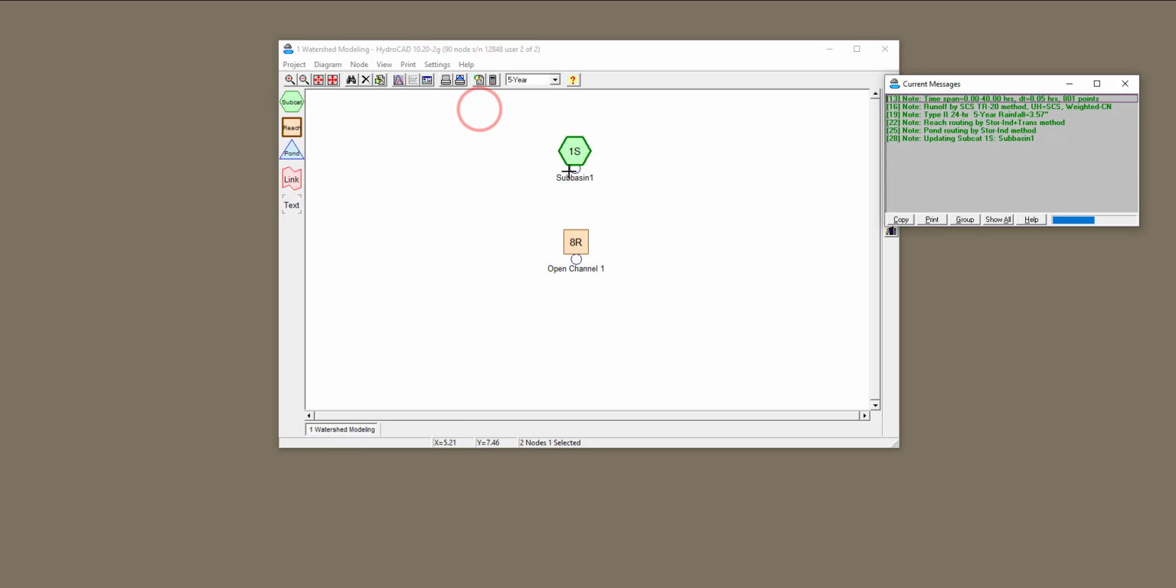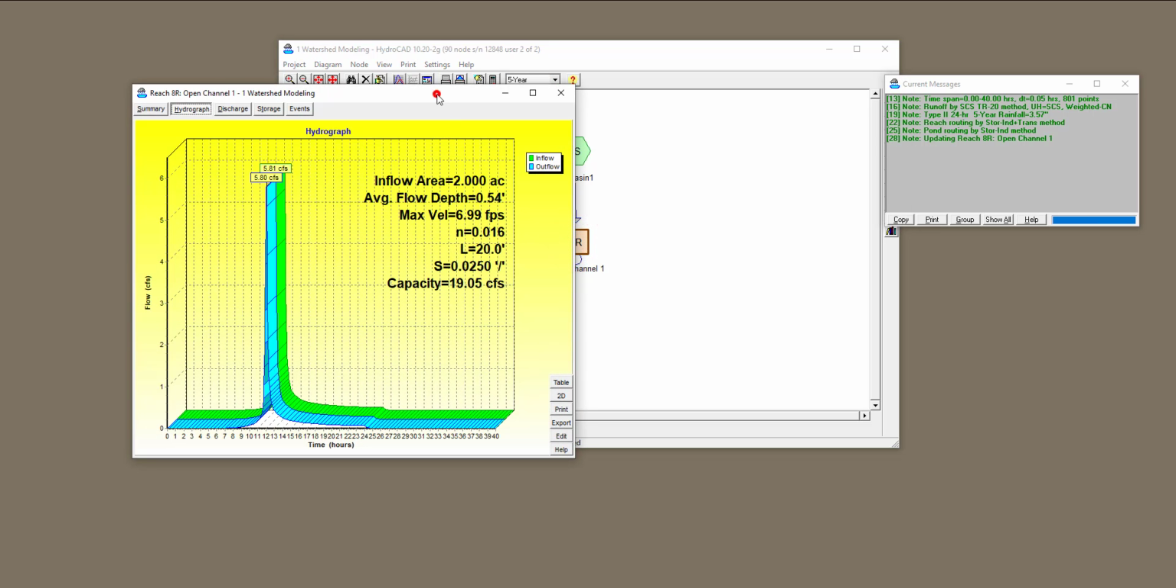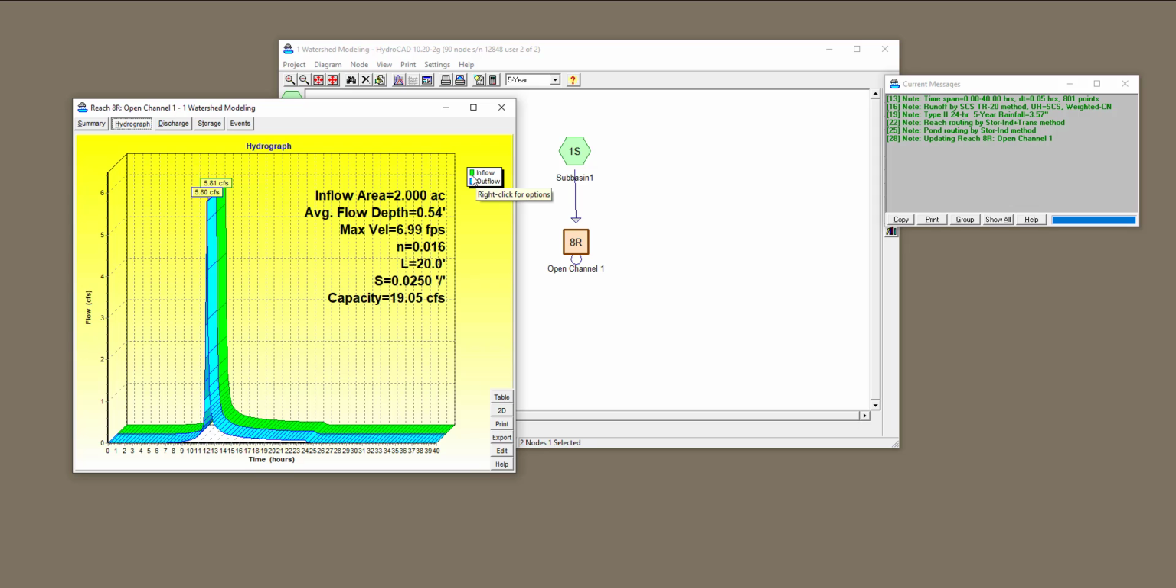And similarly, if I hover over this connection area, I can hold the left key of my mouse and connect it using this arrow to the other one. Now these two are connected, so the water is going to be routed through this channel. Now if I double click on this open channel over here, you'll see the inflow, or the green hydrograph, is the hydrograph that is generated in the subbasin, and the blue hydrograph is the hydrograph that is routed through this